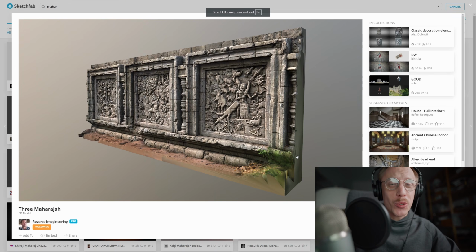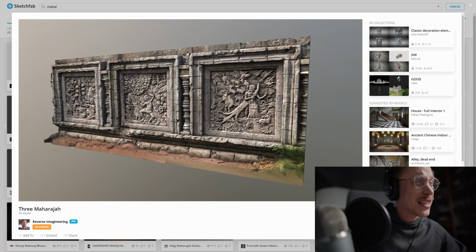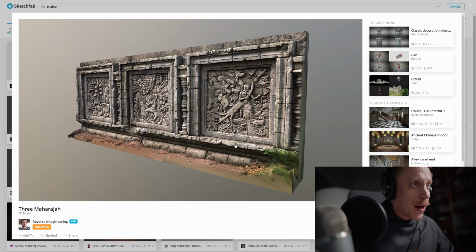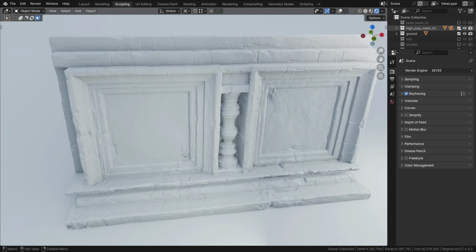Now actually, here's a quick preamble about the model we'll be using in this video. This model is called 3 Maharajas by Reverse Imagineering. We bought it on Sketchfab. It is an incredible photo scan indeed. As it's a paid model though, unfortunately we couldn't share it. That being said, it actually inspired us to start sketching out our very own ancient wall model, complete with bas-reliefs